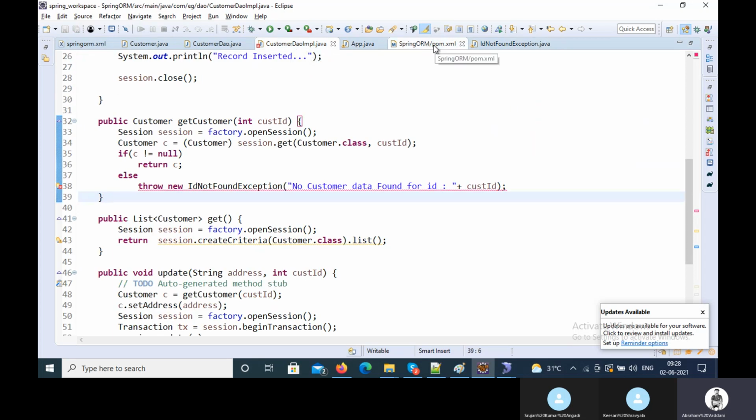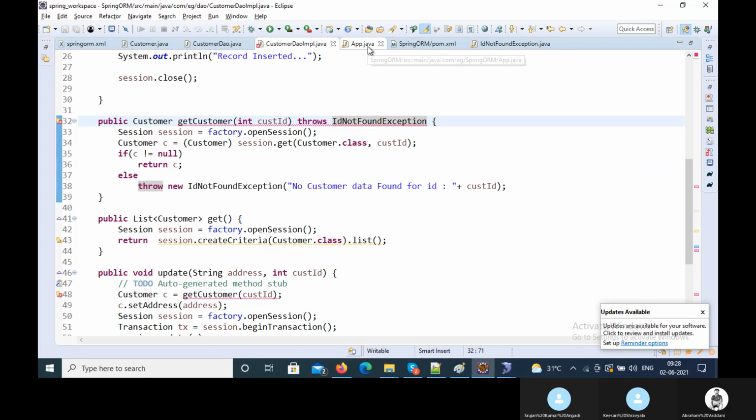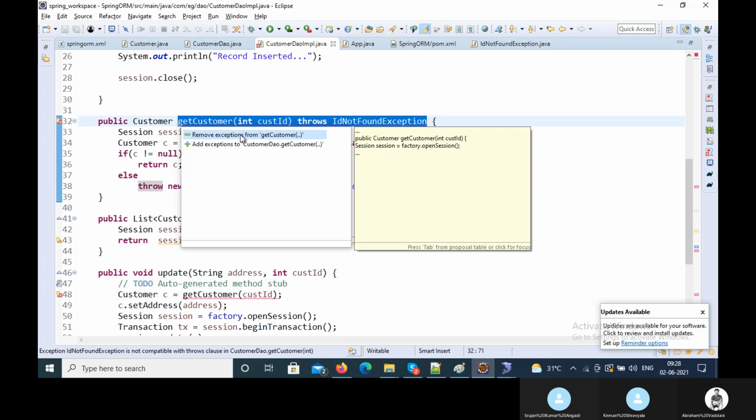then I will be alerted. Okay, where is that? Yeah, here is the exception now. So this method should be declared with throws IdNotFoundException. Save it. Remove exceptions from